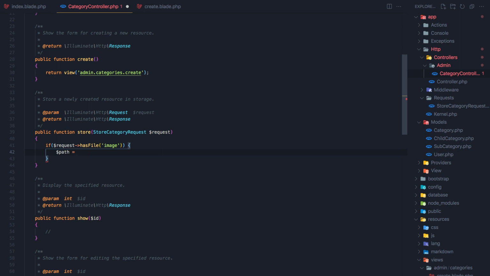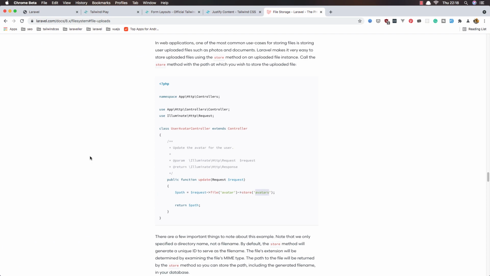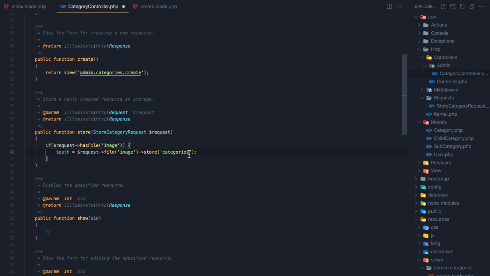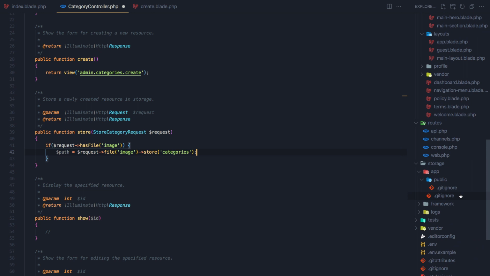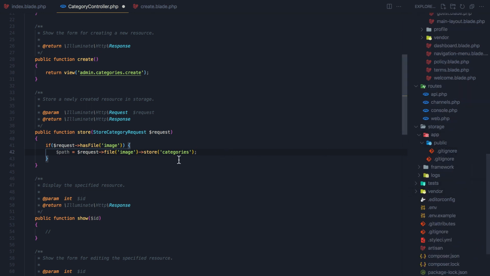For now we don't have any, but if we add here the request file, in my case image, and I say store, and I'm going to say categories. Here you say avatars. In my case I'm going to say categories, and it's going to create that folder here and store the images. Okay,